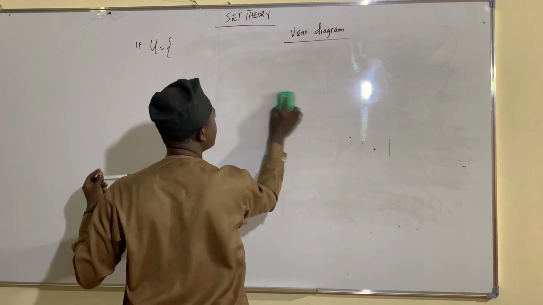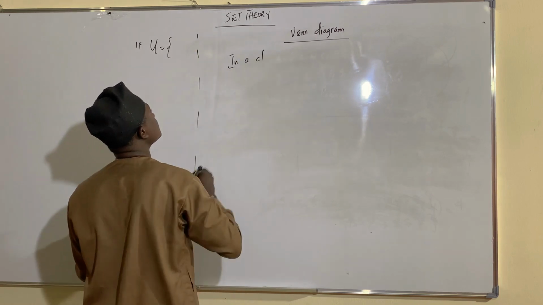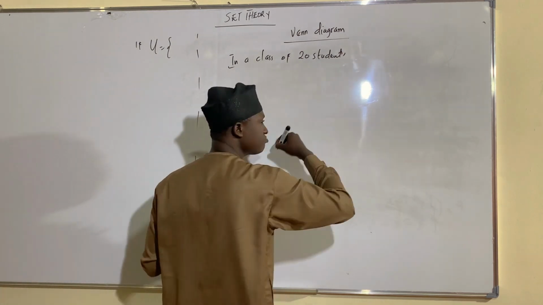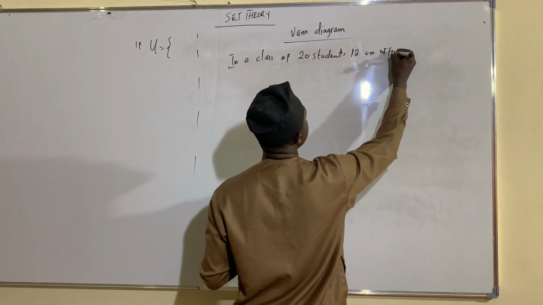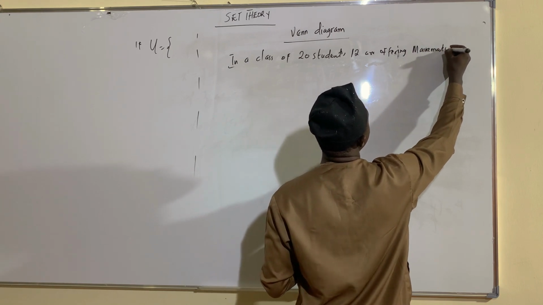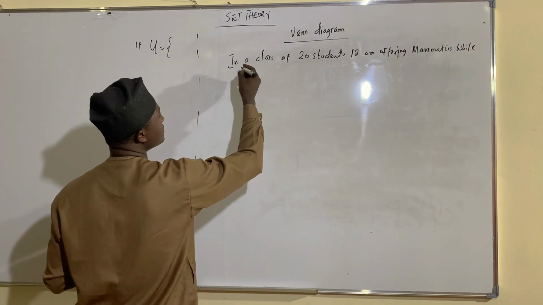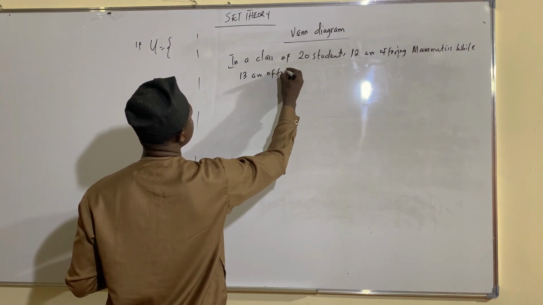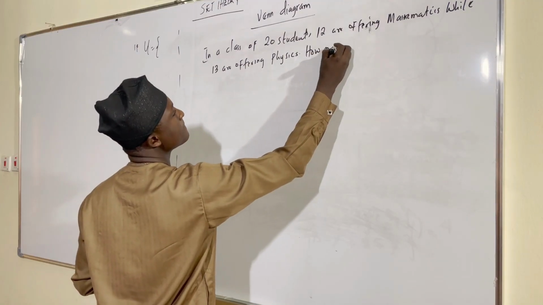Let's look at some word problems that involve set theory. They said, in a class of 20 students, let's say 12 are offering mathematics, while let's say 13 are offering physics. So how many students are offering